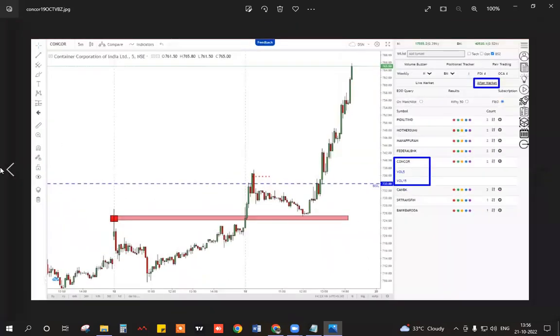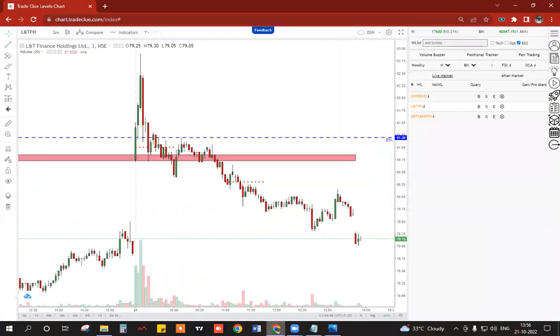Hindustan Unilever, I don't know where the structure is, but Hindustan Unilever you can see